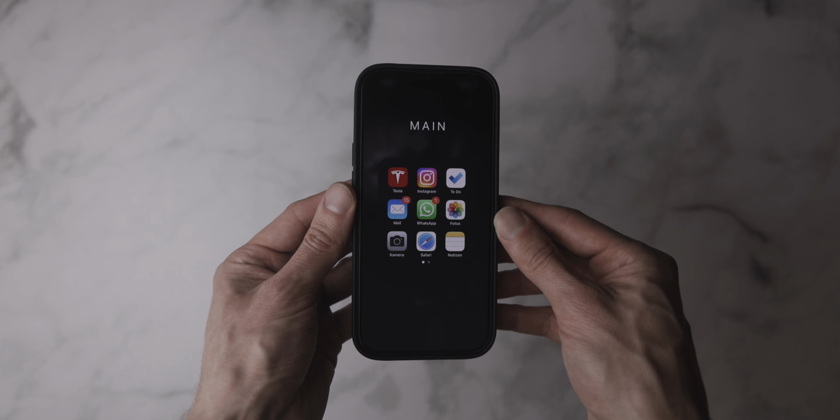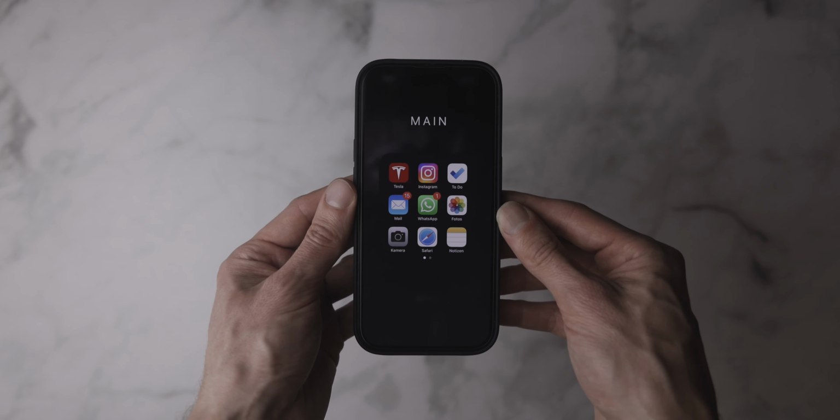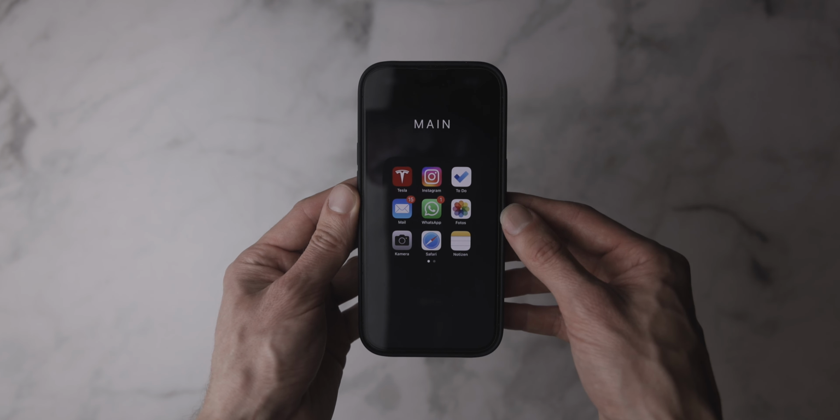And last but not least I need to mention the Safari and Notes app. I use them both every single day and especially on the go, and that's why I've placed them on my first page in my main folder as well. What I definitely need to mention is that I always check the apps here to see which one I use the most,